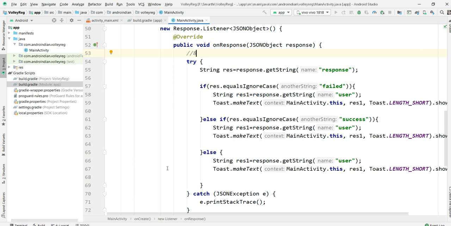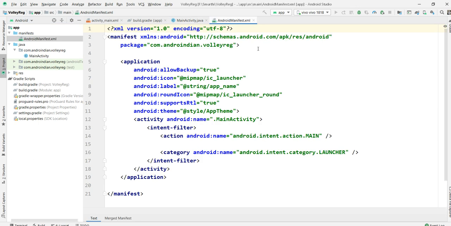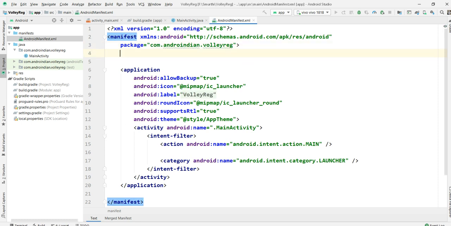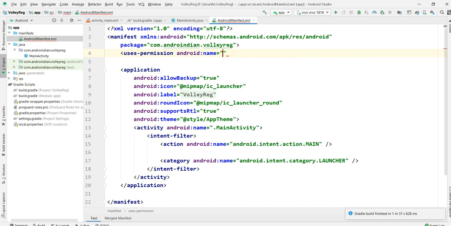Afterwards, in any web service program, we must enable internet permission. So we type uses permission, internet.